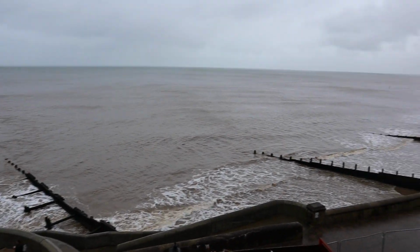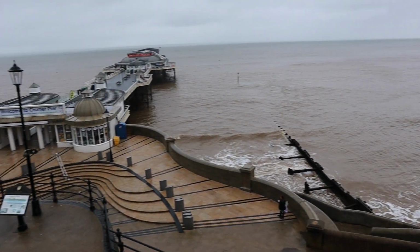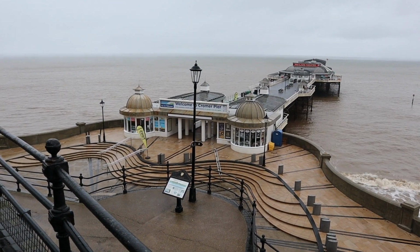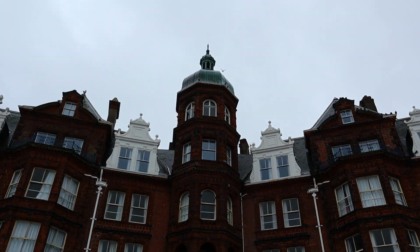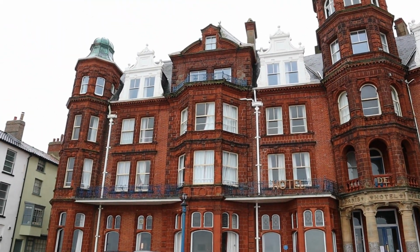Here you go, the sea at Cromer. Complete with the old Victorian pier. So in the Victorian and the Edwardian period, Cromer really was a fashionable holiday destination in a way that it perhaps isn't now. But you can really see the effort they put into making this a resort just by the pier that I've just shown you, and there is this spectacular hotel that I'm standing in front of. So let's show you that as well. So yeah, this is one of the hotels on the front at Cromer, and I think that is just a marvel